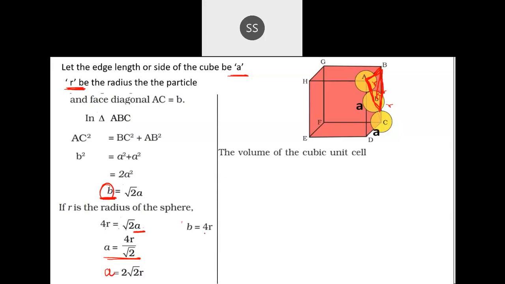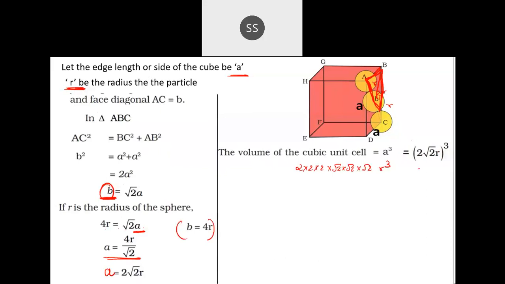Okay, next I'm going for the next part, calculation of volume of the unit cell, the cubic unit cell. So you cube the value, whatever A value you have got. So we will write A cube. A cube will be 2 root 2 R, the whole cube. Now if you remove this bracket, the cube, you will get 2 into 2 into 2 and then root 2 into root 2 into root 2 and then R cube.